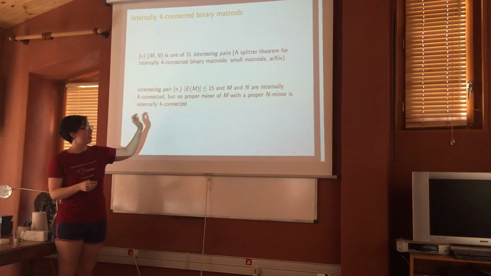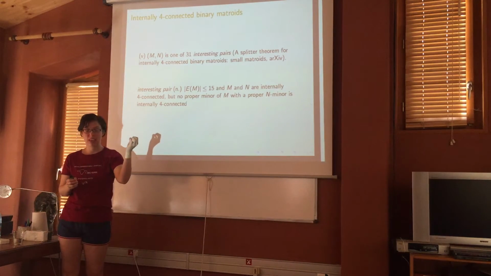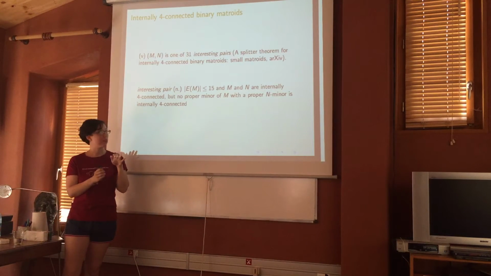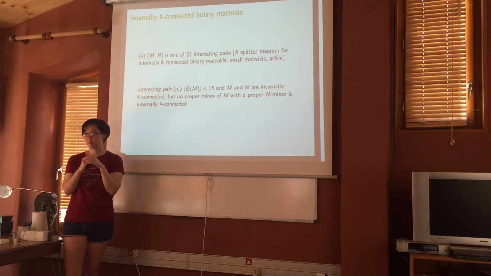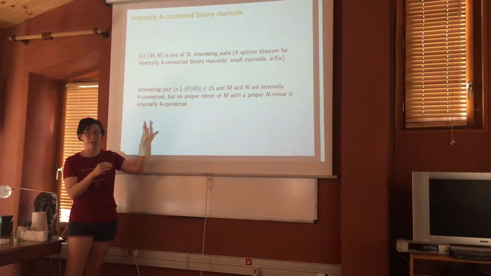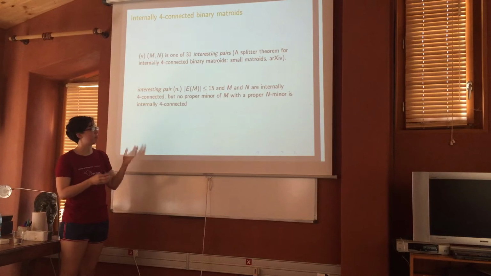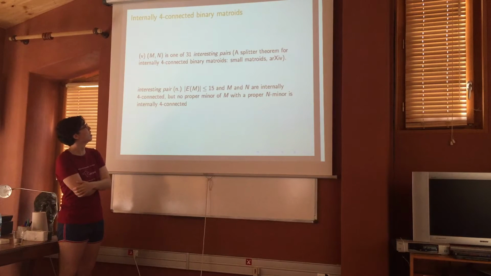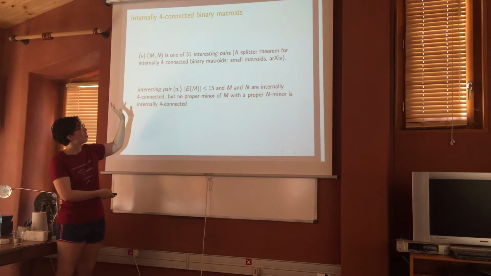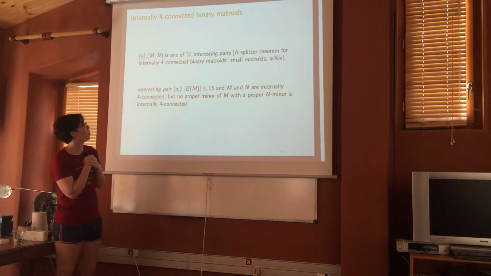So an interesting pair is a pair M and N: you have at most 15 elements in M, and N is an internally 4-connected minor of it, and there's no intermediate matroid that's internally 4-connected. That makes it an interesting pair. Interesting pair means we haven't dealt with it yet, and we have to, because if there's not a quick win, then it may be the case that our moves don't cover it. So there's 31 interesting pairs, and you can read all about them in an arXiv paper called A Splitter Theorem for Internally Four-Connected Binary Matroids,